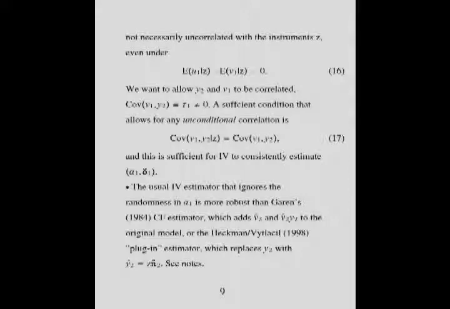So the problem is not just that even if we make the assumption in 16, which again is a standard kind of exogeneity assumption, although it is stated in terms of conditional means, this isn't enough for IV to be able to consistently estimate that average effect. A sufficient condition, though, is that the covariance